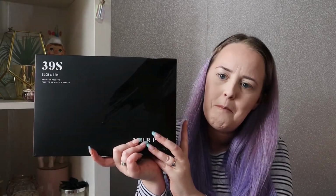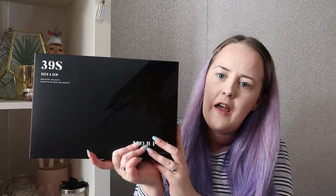So today we're going to be testing a new palette. It's one that I've been excited for since before it was released. When we first saw glimpses and pictures of it, I saw it and I was like, I've got to have it. My hair's a bit of a clue as to the colours in this palette, but it is the Morphe Such a Gem palette, and it is the